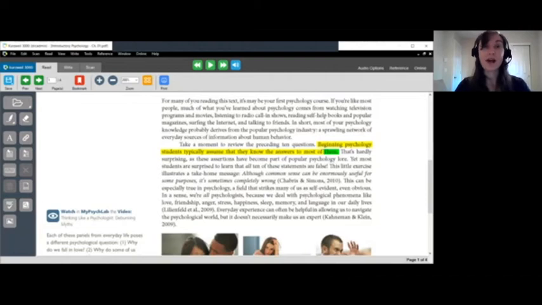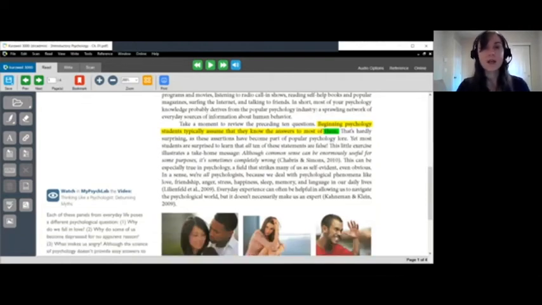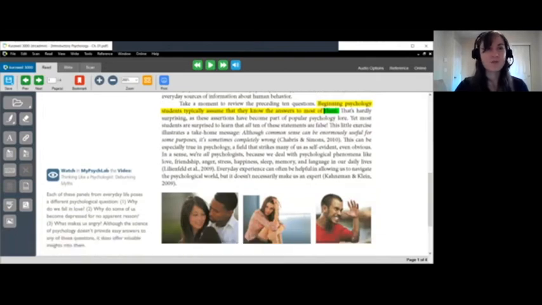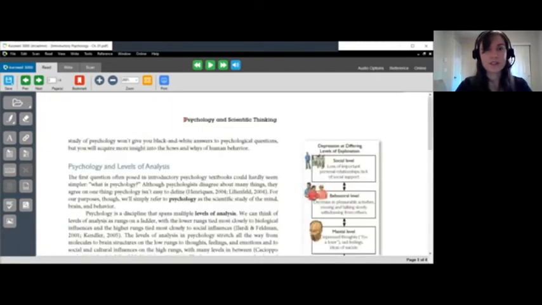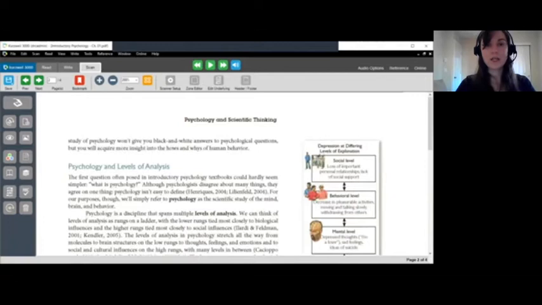Kurzweil also has a feature so that sometimes when you're reading, there are headers and footers. So I'll show you, for example, on this next page, there's a psychology and scientific thinking header that appears on every single page. If I didn't want to have that read to me on every single page, I can navigate to the Scan tab up here at the top. And from here, I'll want to select header/footer. So I'll select the header/footer editor.